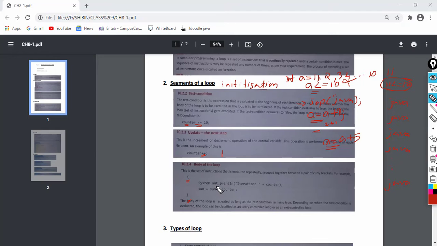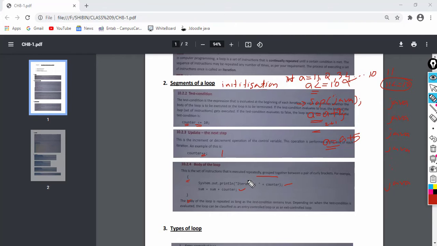Here the loop contains two statements, one SOP and one addition operation. Both will be executed in each iteration. That is known as the body of the loop. The body of the loop may be a single statement or any number of statements.